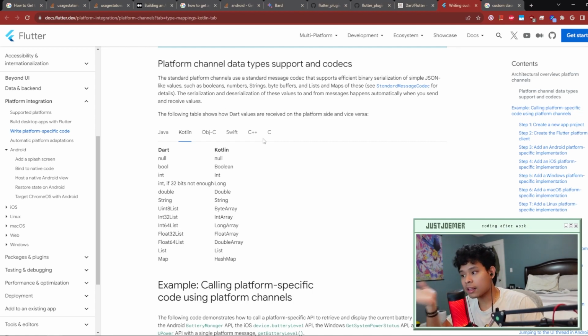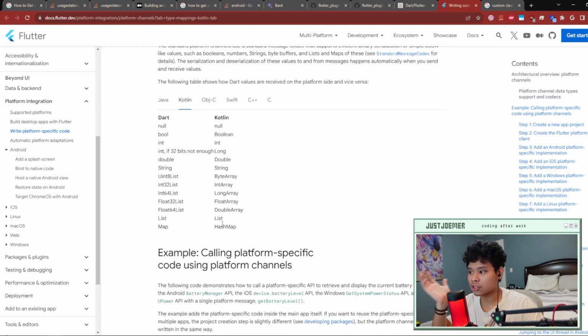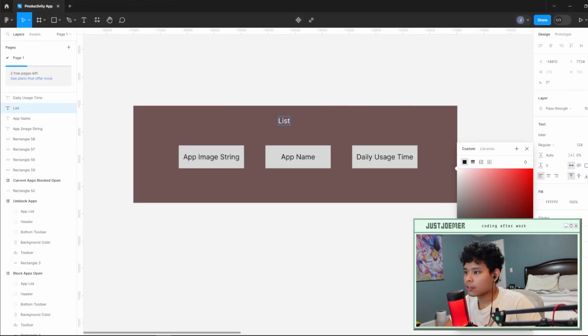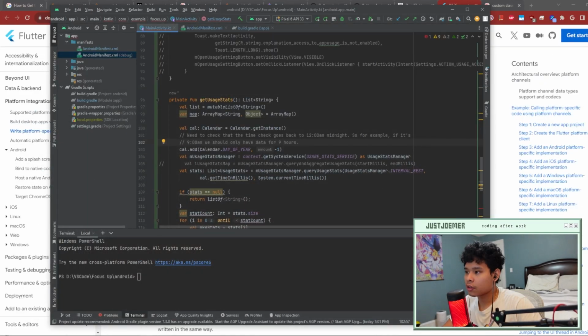But I think that is just way too much work. I've already done a bunch of JSON deserialization work just within Flutter, and it was a headache. I feel like this is something I can come back to if I want to make the code cleaner, but right now it doesn't really matter. I should just try and get this done. So let's go with a list of values, a list of strings, which means that the map